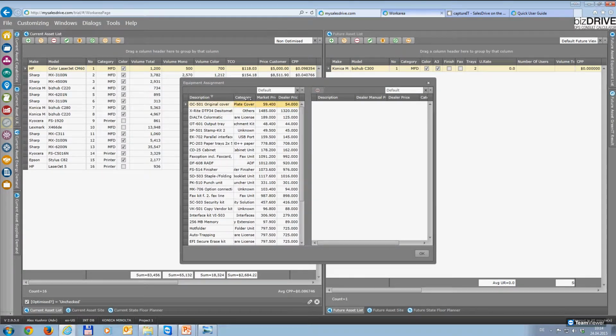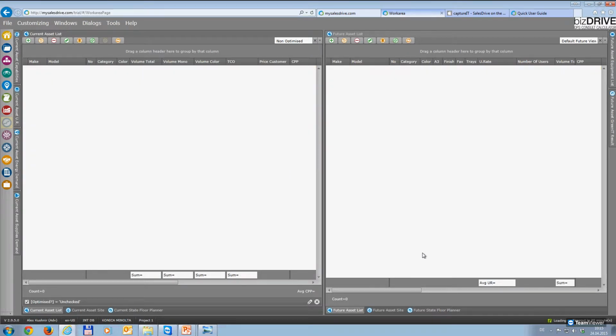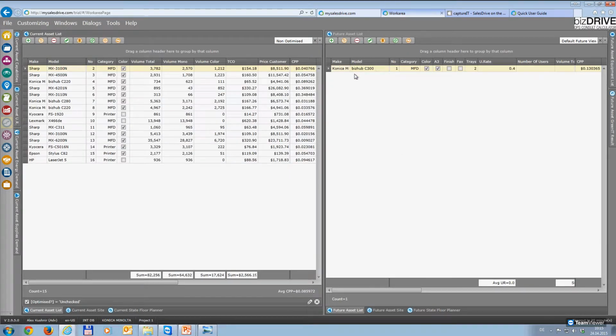In the next window, you have the possibility to assign different accessories and parts of this device. This is important for later calculation of the future state contracts, in order to have the whole price of your new device. Click on OK to finalize this. When you have finished, the old device disappears from the left and the new device